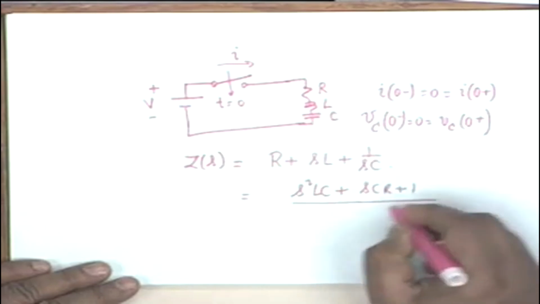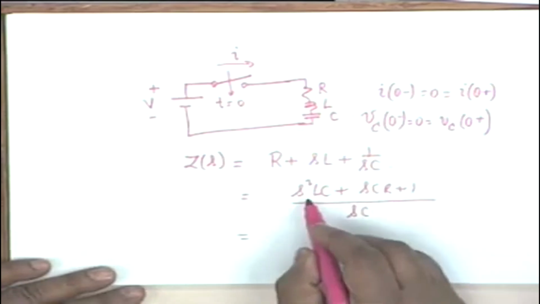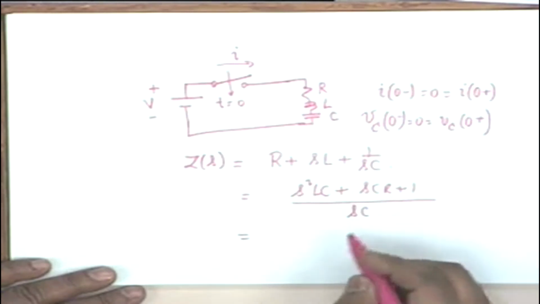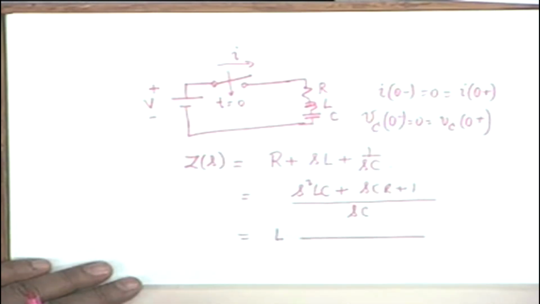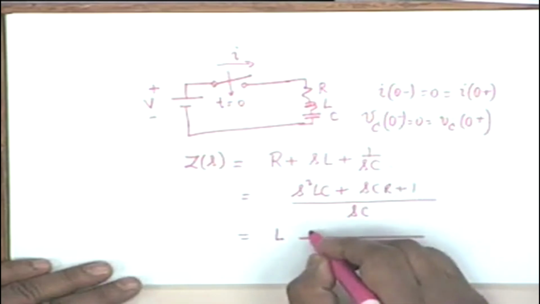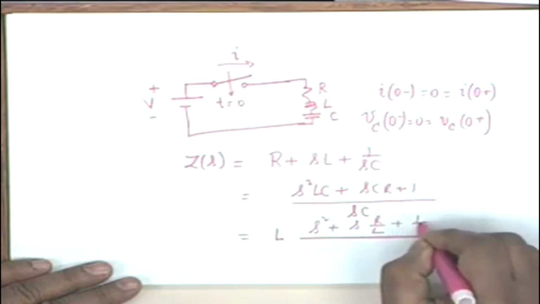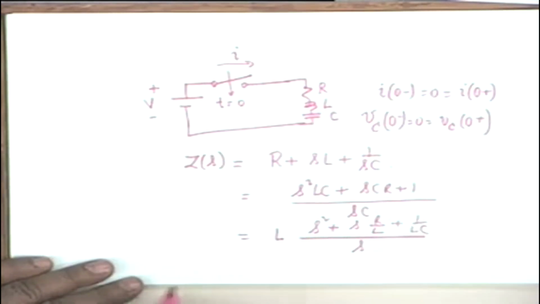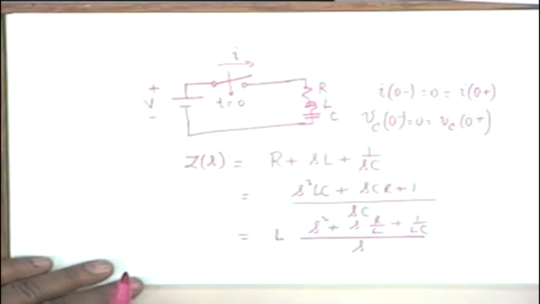I am repeating this again and again so that it gets imprinted in your mind. And the style of writing is that we take the coefficient of the highest power in the numerator and denominator both to be unity, and therefore we shall get L times S squared plus S R by L plus 1 over LC, and here we shall get simply S. So the pole zero diagram is that there are two zeros which are the solutions of this quadratic equation, and a pole at the origin,